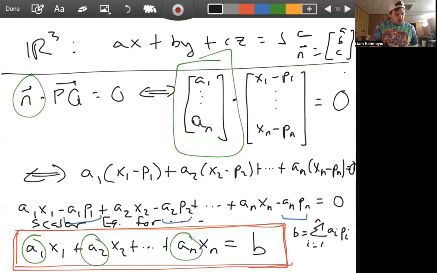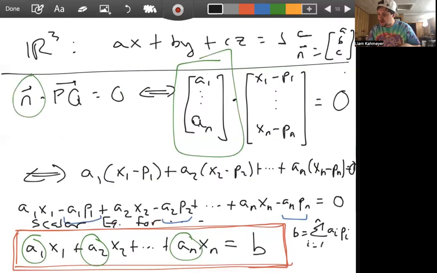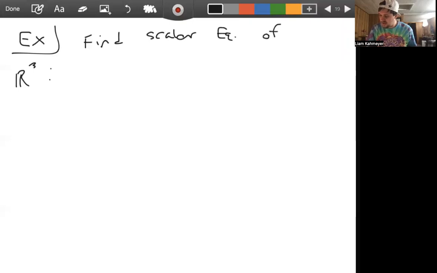Cool. Let's do a quick example here. All of this is in general, for an arbitrary dimension n. Sometimes it's nice to do an example where we can picture or understand what's going on. So let's look in R3. What we want to do is find the scalar equation of the plane